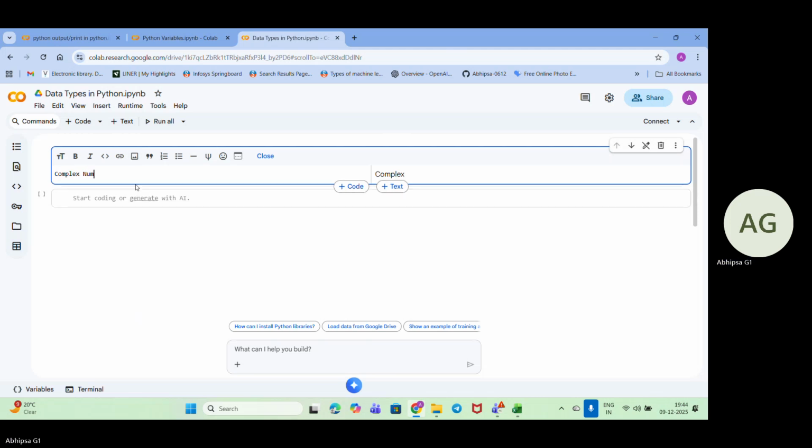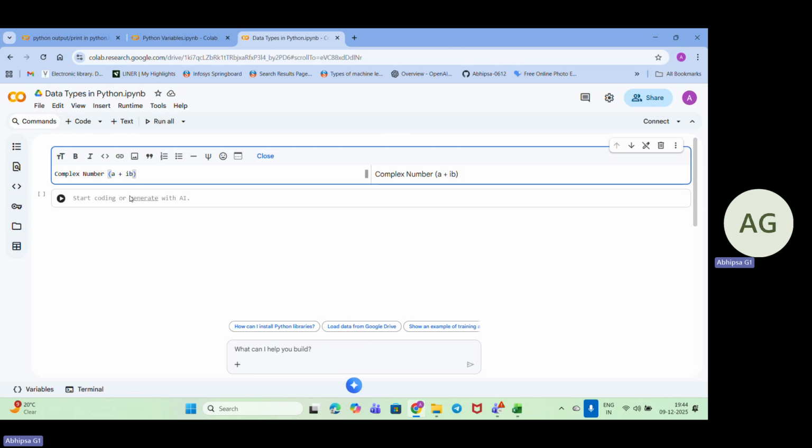complex numbers. So what is the type of this complex number? It is like a plus ib format, or this is the representation of a complex number. It contains a real value and an imaginary part. So this i part or j, whatever you actually show it, that is the imaginary number.